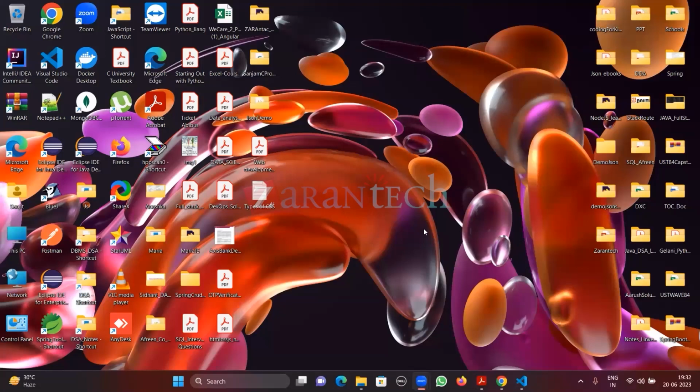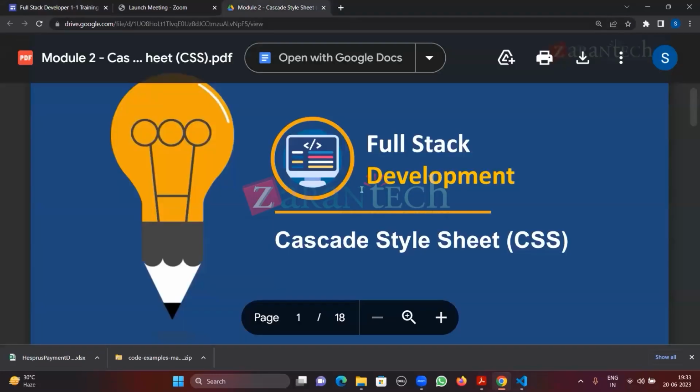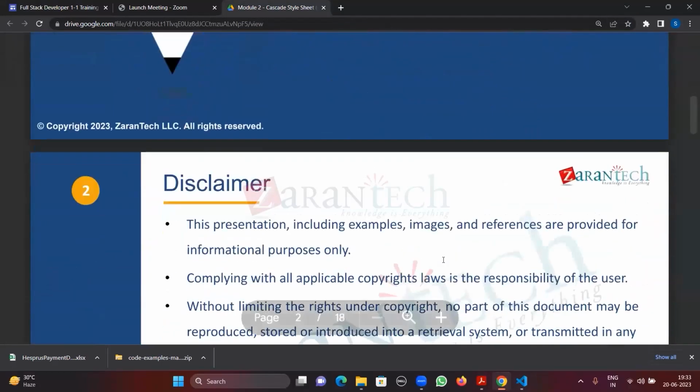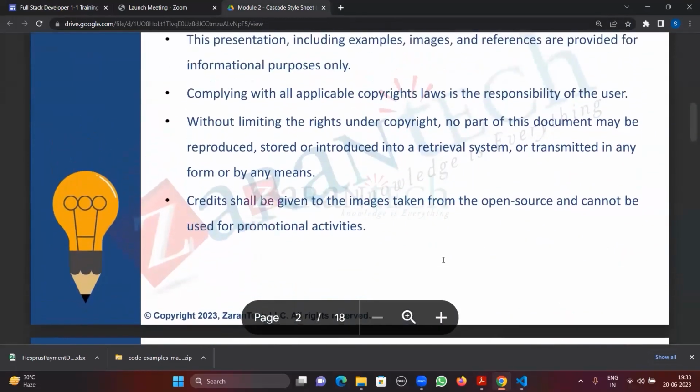So let's start. Yesterday I just went through the flow in a basic CSS element and all that, right? And normally when we do something, we have to try all these things. So again, let's go through this here. See this, your course is full stack development. Here we are doing the CSS. In CSS, we already